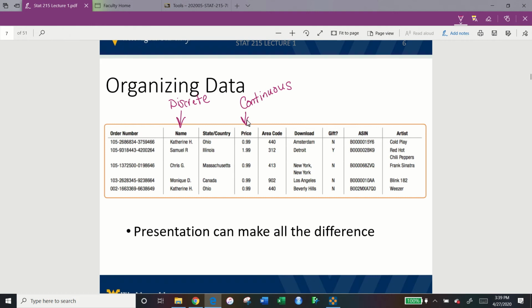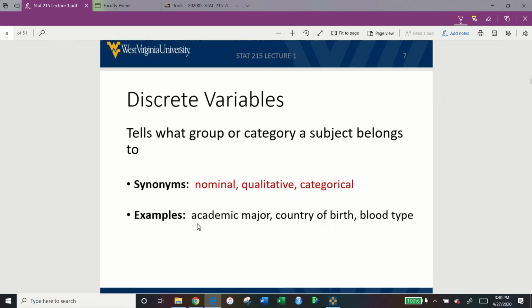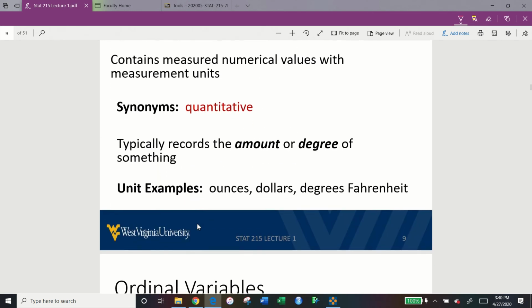Or if we had more of a review scale, which is not in this data, but hey, how well did you like the album? We would have had that as an order scale. So our star reviews would be an example of an ordinal variable. So now that we know we've got our 3 types of variables, they all have their place in our data and understanding. Now we need to talk about how we can visually represent that.